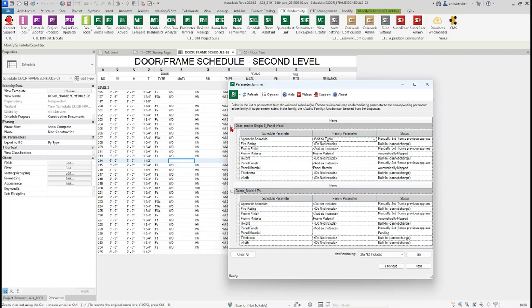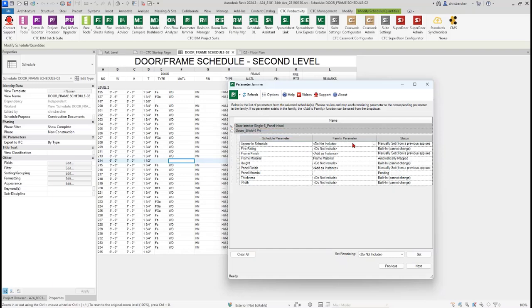So then I can minimize this and move on to the next family, just so it's a little easier to navigate. We'll do the same thing. I'm going to add it as a type. Finish as instance, material, finish. This one didn't map, so I'm going to map it to, or as it might already actually be done. But we will add, I'm just going to let it